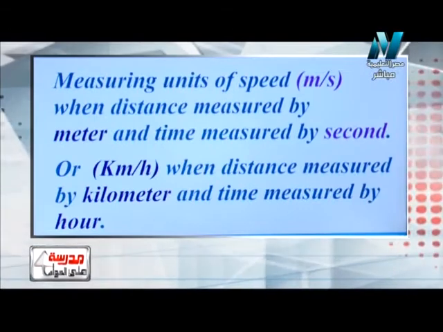Okay, dear students, today we will complete our lesson with new items, as we have to know what is meant by average speed and what is meant by relative speed. What is meant by speed, as we studied in the previous episode? We know speed is the distance covered through a time unit, or the distance covered in 1 second. So today we have to know what is meant by average speed. In the previous episode, we learned how we can differentiate between regular speed and irregular speed.